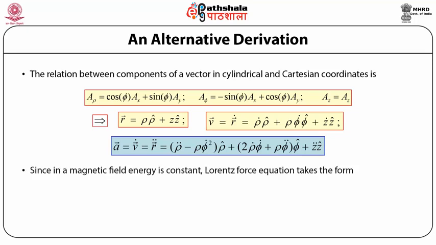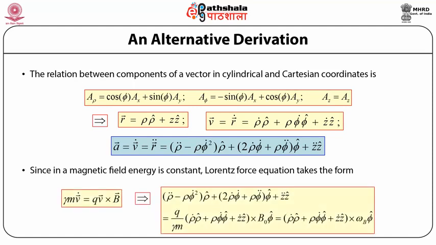Since in a magnetic field energy is constant, the Lorentz force equation takes the form gamma m v dot vector equals q v vector cross B vector, which implies (rho double dot minus rho phi dot square) into rho cap plus (2 phi dot rho dot plus rho phi double dot) into phi cap plus z double dot z cap equals q by gamma m into (rho dot rho cap plus rho phi dot phi cap plus z dot z cap) whole cross product with B naught phi cap, which is further equals to